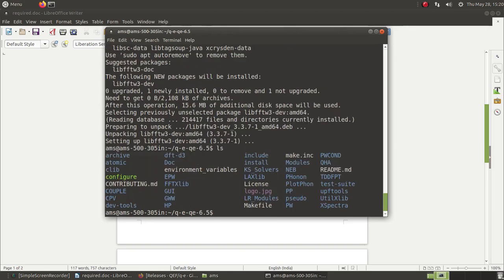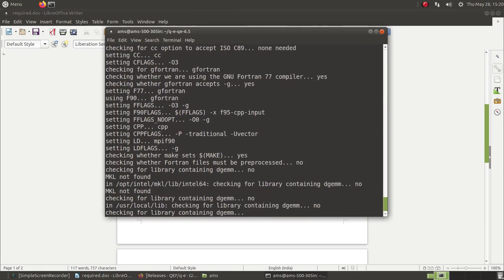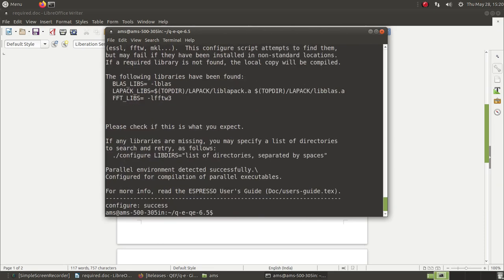So more or less we now have all the libraries, I think, and now I will run configure again, and as you can see, now we have all the libraries linked that we need. LBLAS, LFFTW, these are the dynamic linking of the libraries it is showing. So Espresso has everything it needs. It can find all the variables, and this is a line configure success, but always make sure you have all these libraries available. So we have done that, and now we will just type make all,